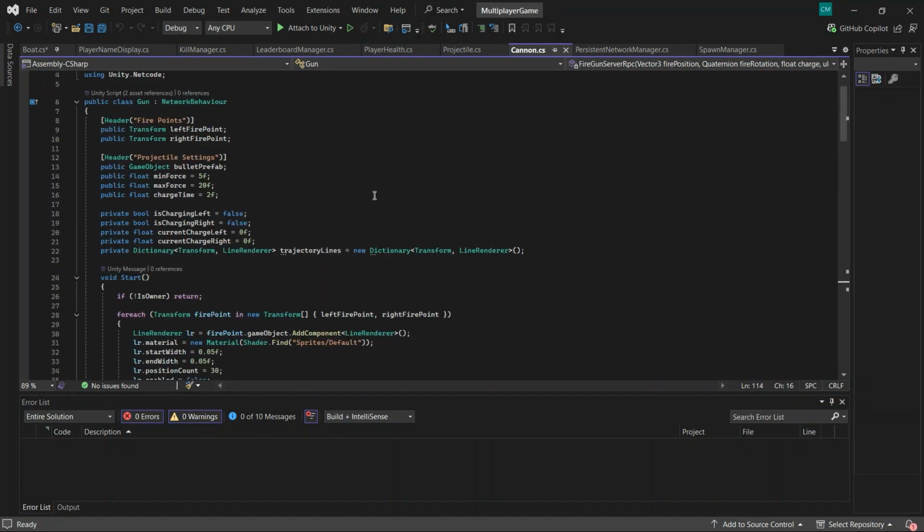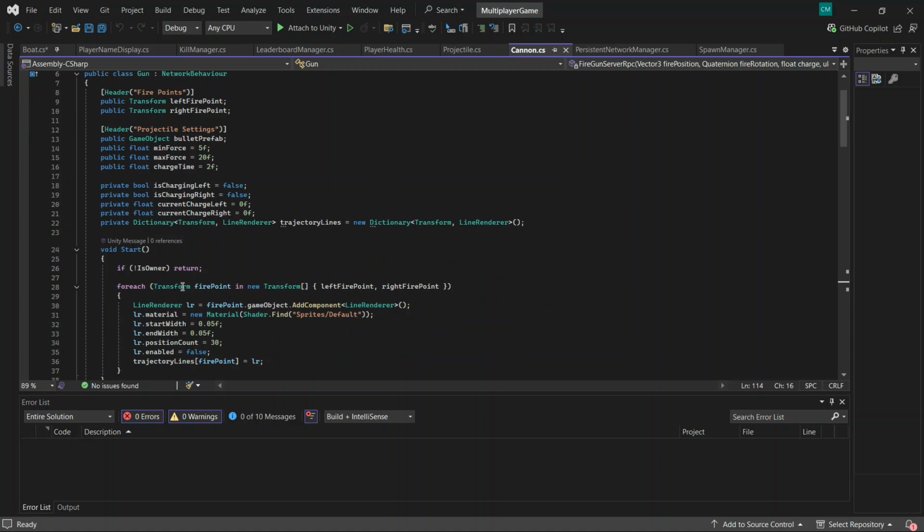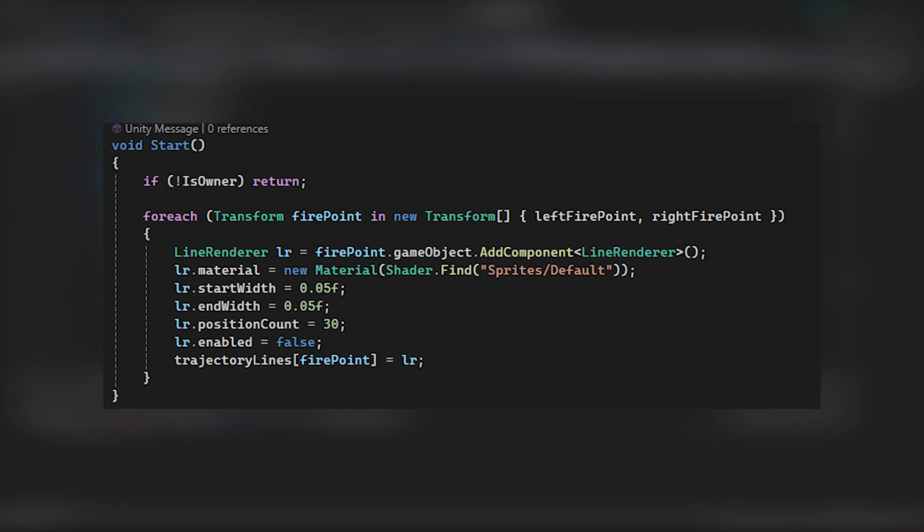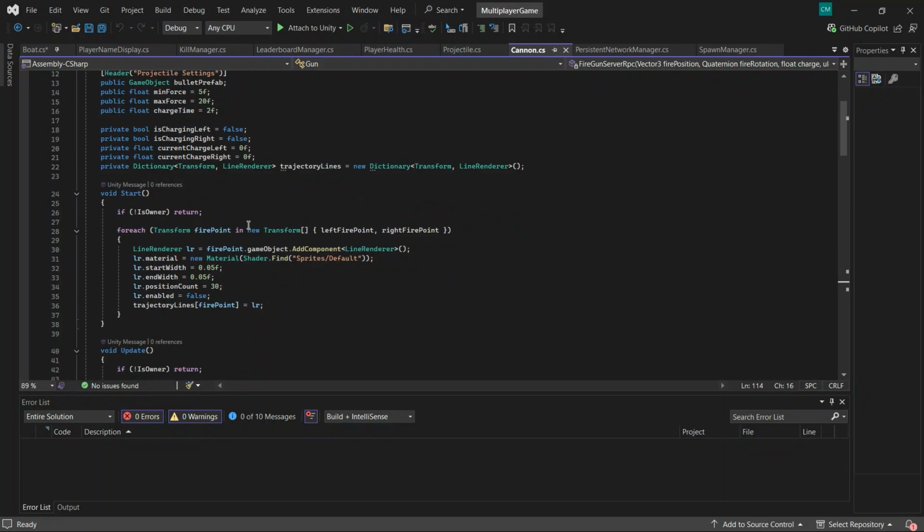Here the key multiplayer changes include this: in void Start, the if (!IsOwner) return ensures only the player who owns the cannon can control it. It uses ServerRpc methods to sync projectile spawning across the network.